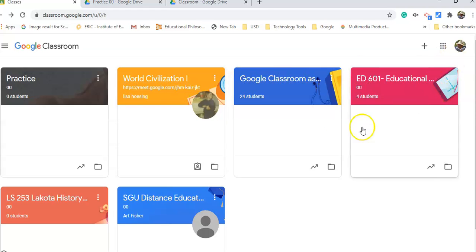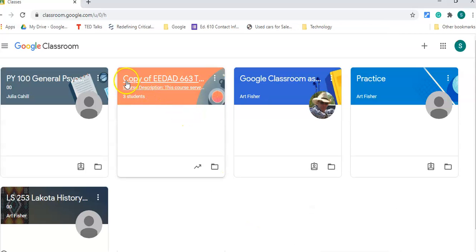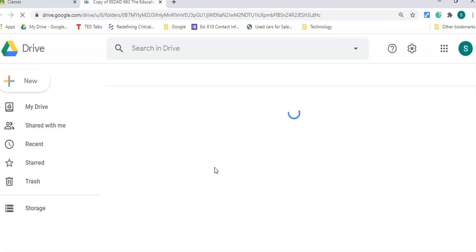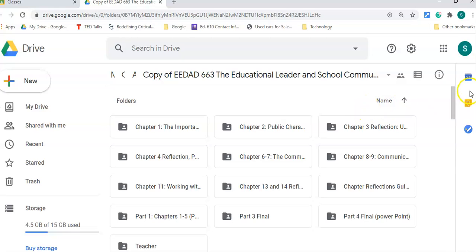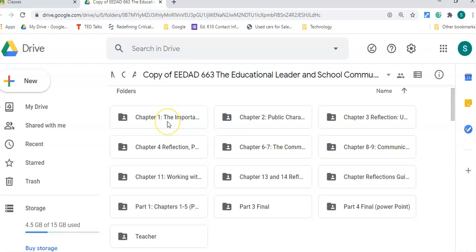And let's go down and look at a classroom that already has established some assignments and different things for students, and also I can give you a look at students' work here. So I'm going to go into this class right here, and I'm going to look at the folders here. And it's taking a little while to load up. So you can see that this instructor went by chapters for her topics, I guess. So chapter 1, chapter 2, chapter 3, and so on. So I can open this up,